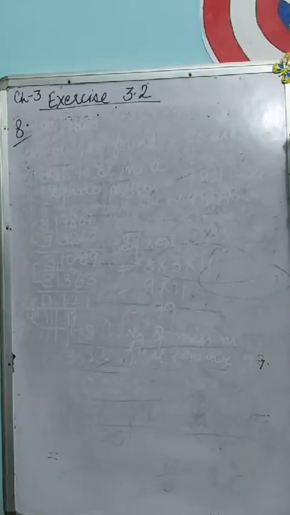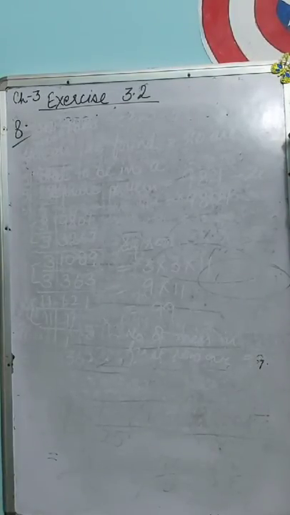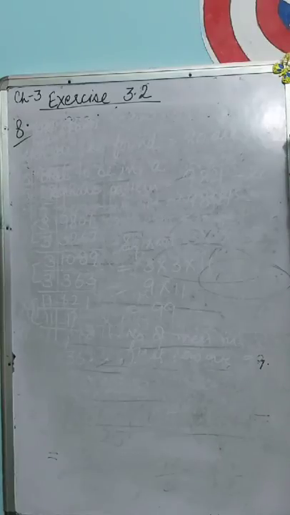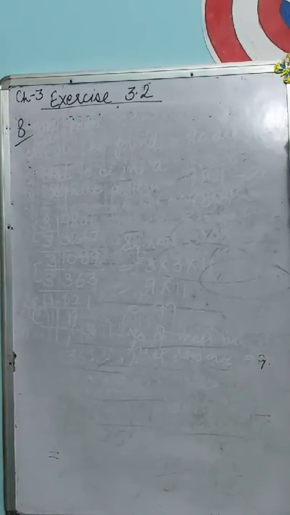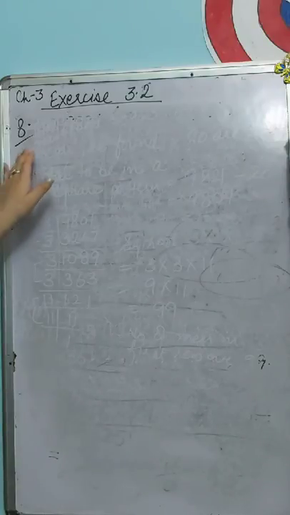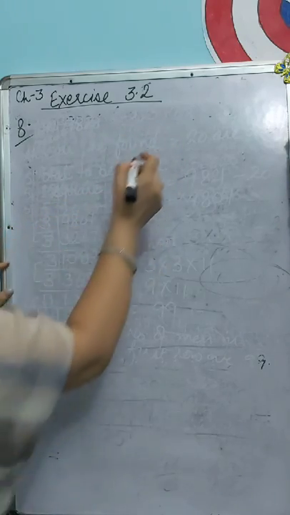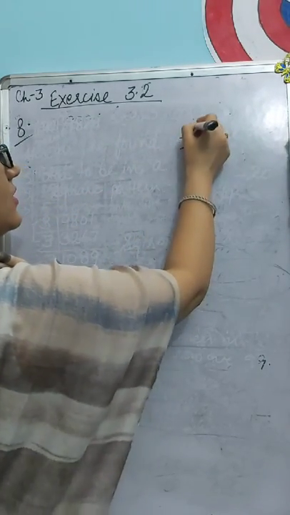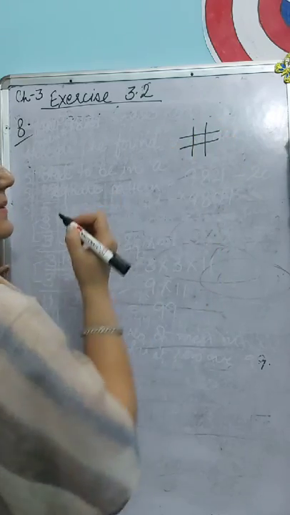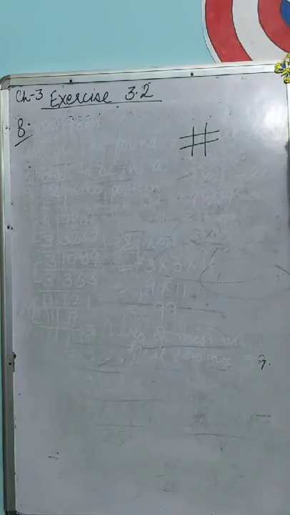Question number 8 is: in a school function 968 students were made to sit in a hall such that the number of rows is equal to the number of students in each row. Again the same grid, meaning the number of rows should equal the number of columns. If there are 2 rows and 2 columns, only then you will have a square, 2 into 2 is 4. But here there are 968 students, and when they are arranged, find the number of rows if 7 students were left over after the arrangement.